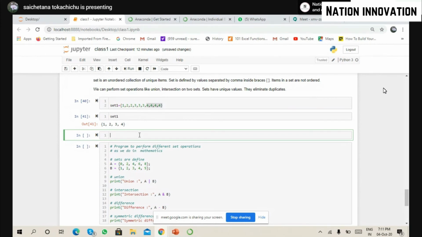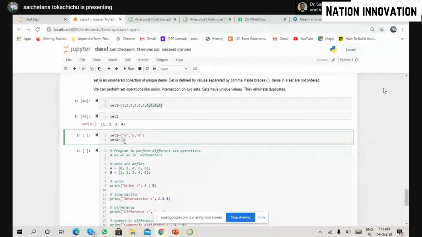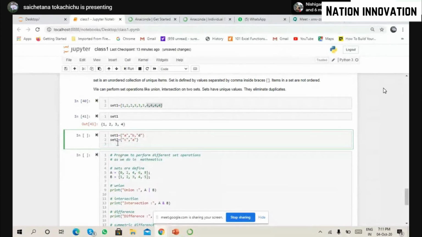So how do we do that? set1 is equal to curly braces of A, B, D. This is my set 1. And set2 is equal to curly braces of C and, let's say, A also.